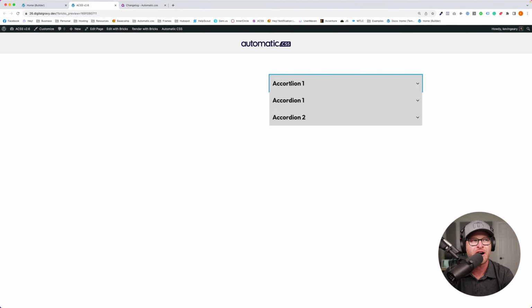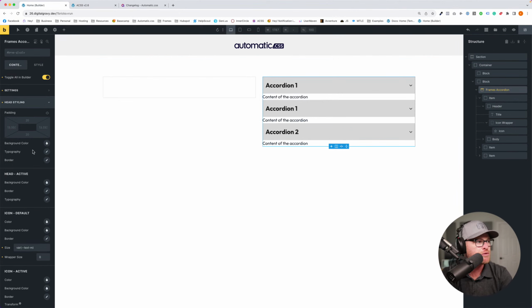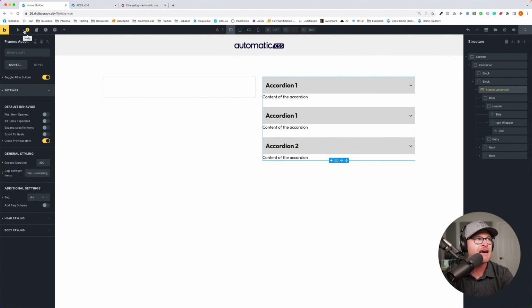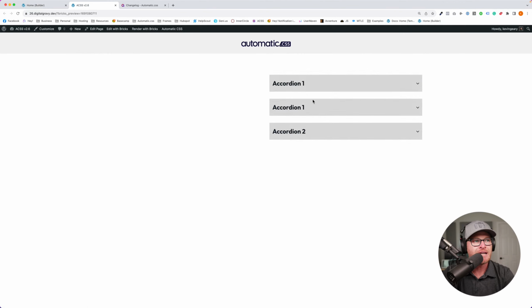It's less egregious on box shadow because the box shadow feels like it's attached to the element, whereas the outline has an offset. The offset plus the bottom being hidden makes it look more broken than it does with box shadow. But typically you don't want your accordions to do this anyway, because that's ugly. So what you would do is come in here and choose to have a gap, right? So I can do content gap, and then immediately I have my gap between elements. And so I don't need smart spacing, because I have gap control, very easy. It's like one second and I can space them out however I want to.